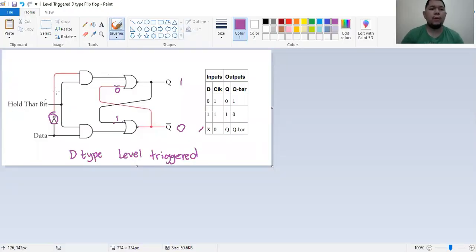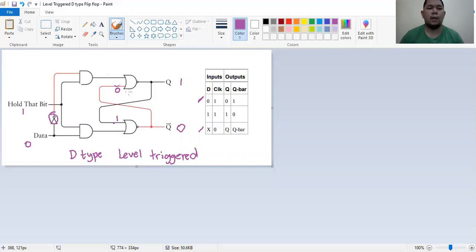Now what we want to do is change the output. So we're going to try to change the output from 1 to 0. We're going to do this specific truth in this truth table. So we have a data of 0, and we have a clock of 1. So essentially, theoretically, when we set the hold that bit to 0, we are allowing changes